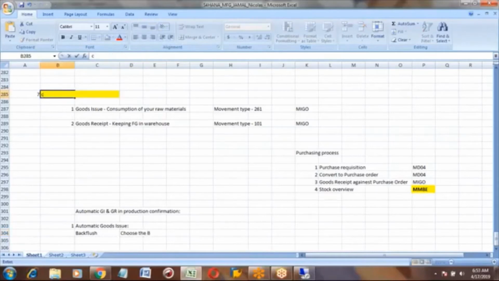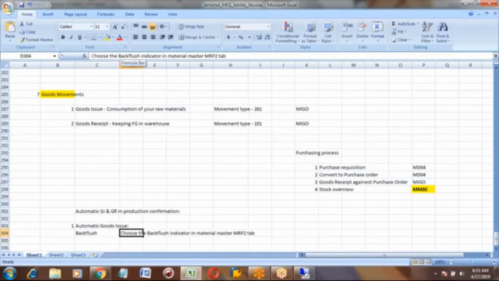Choose the backflush indicator in the material master, MRP2 tab.